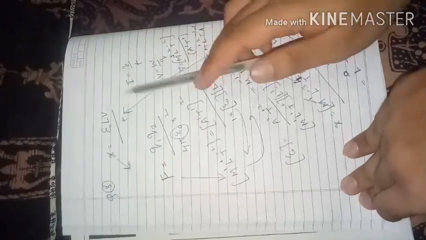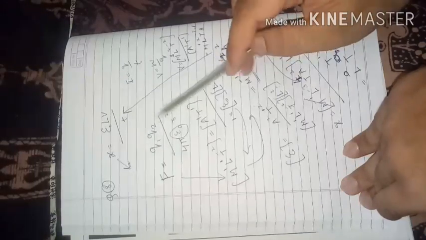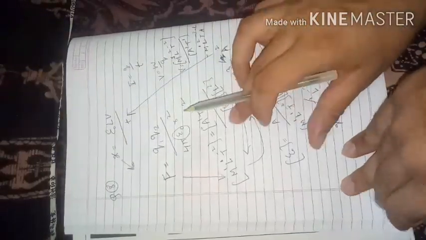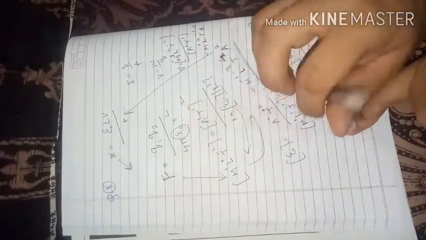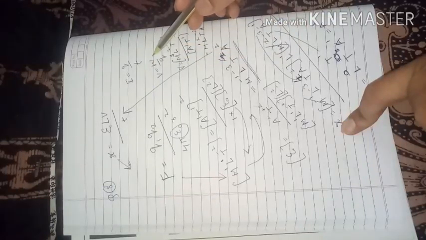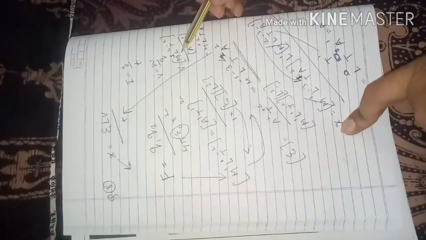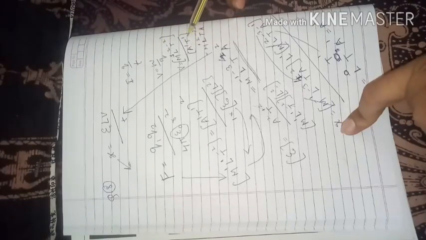Now we also have to find V. V is the potential difference. I have already discussed in the class that the potential difference is given by work done upon charge, so this is W upon Q. The dimensional formula of work is the same as that of energy, so it will be m raised to 1 L raised to 2 t raised to minus 2, and charge is current into time, so it's A raised to 1 t raised to 1.